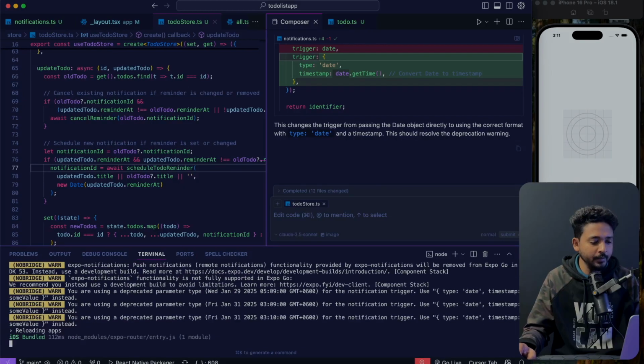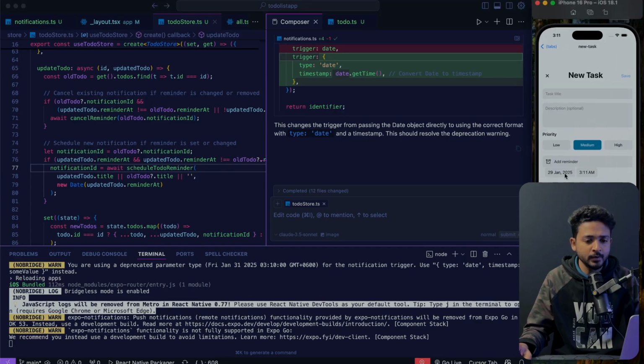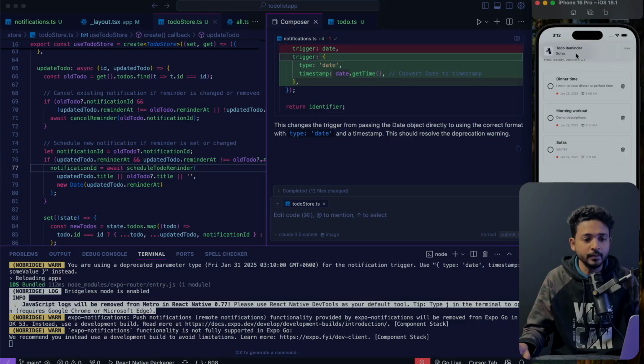Let's reload the app again. Okay, let's provide date 31, just demo. Let's save it. Okay, reminder is working well, but